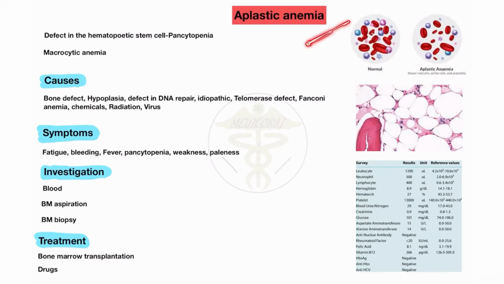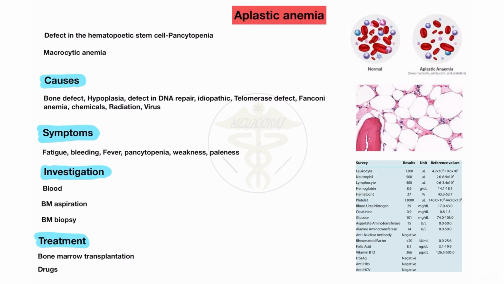First is the aplastic type of anemia. Aplastic anemia mostly occurs due to a defect in the hemopoietic stem cell and pancytopenia occurs. And this is a macrocytic type of anemia because you all know in macrocytic anemia RBC size increases. So in aplastic anemia, here you will see that this is a normal RBC and in this case RBC size increases